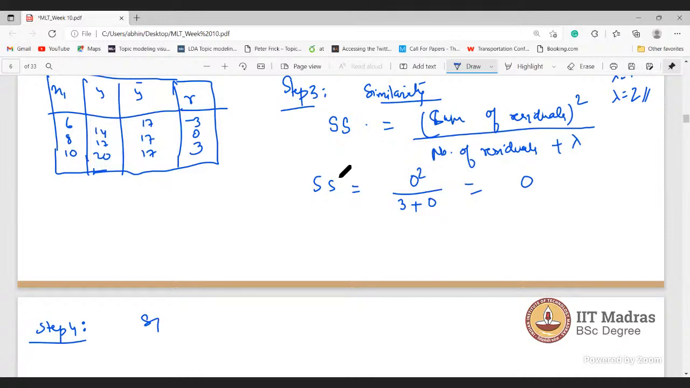So it will be corresponding to 8 and 10. So what we have to do now, we have to write residuals. So whatever model we are building is